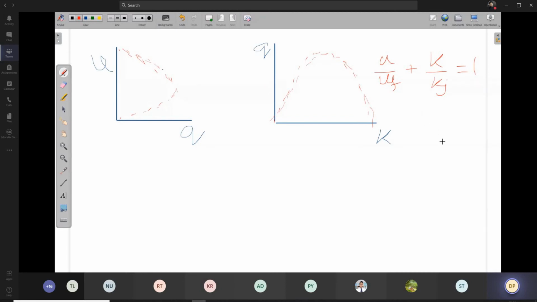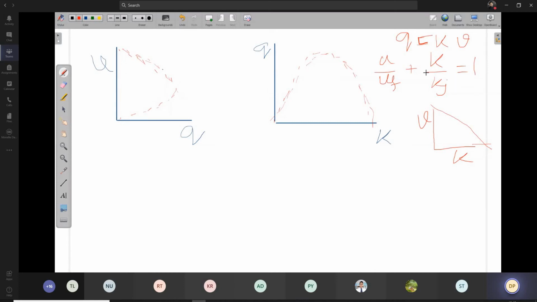And then I also told you that the relationship between these three parameters is Q equal to K into U. I asked you to find the mathematical equation for these two lines. How to find that? This equation we derived based on the basic linear equation, the relationship between U and K, which is approximately a straight line. From this straight line, applying the boundary conditions, we found the relationship between U and K.